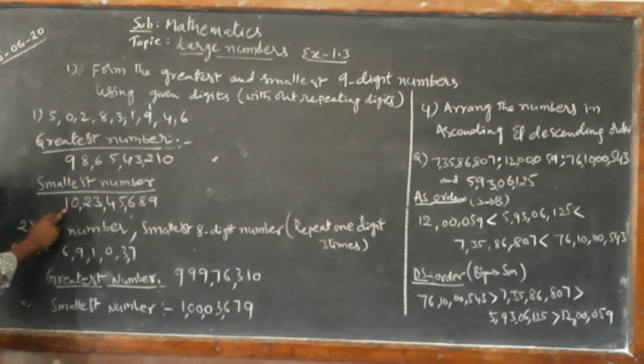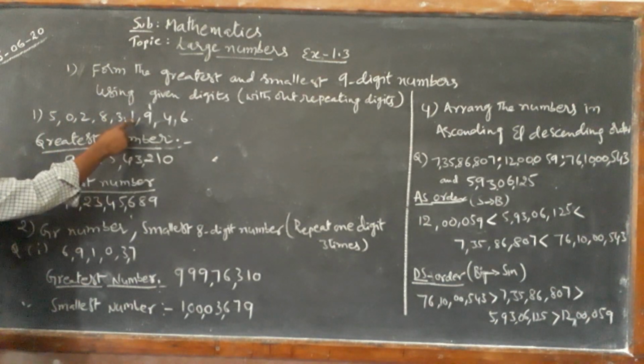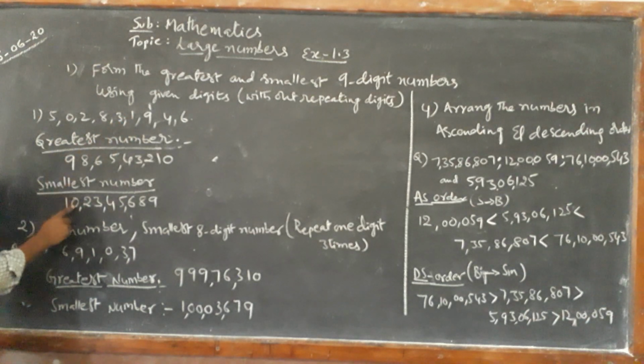We are writing the smallest number now, so the leftmost small digit should be present. Other than 0, 1. Next, 0 should come next to the smallest 1. Other than 0, the smallest digit is 1, so 1 should be written. In the next place we take 0. Now it is countable, no problem. If you start with 0, it is uncountable. To get the smallest number, 0 should be taken as the second digit.